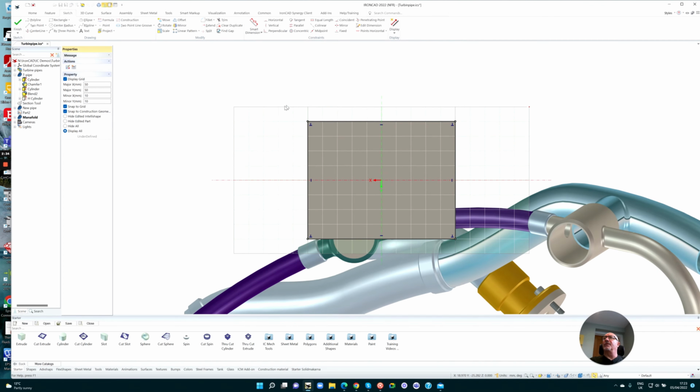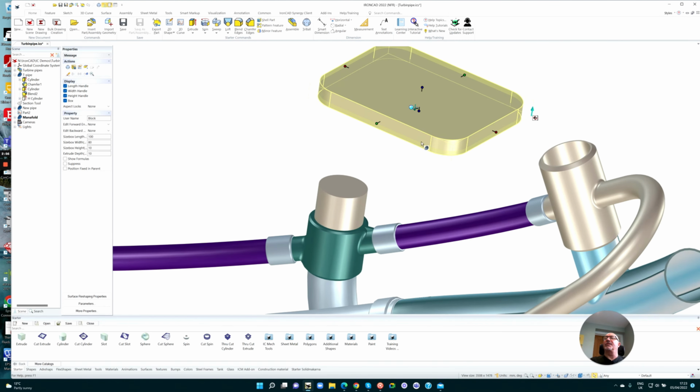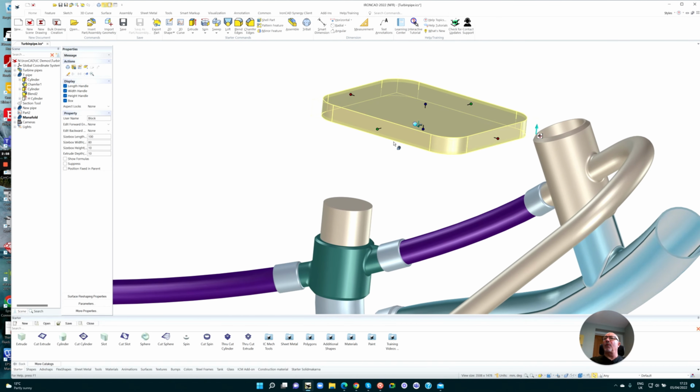So with the cross section, what I'm going to do is put a fillet on, and I'm going to make that fillet say 15. So finish. That's a nice, interesting shape. And then what we'll do is add in